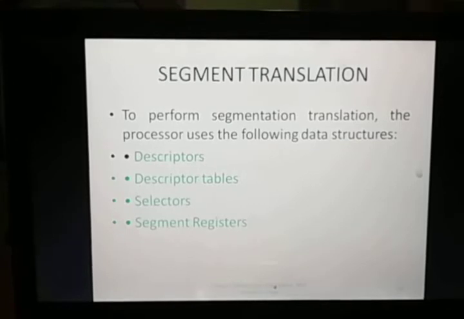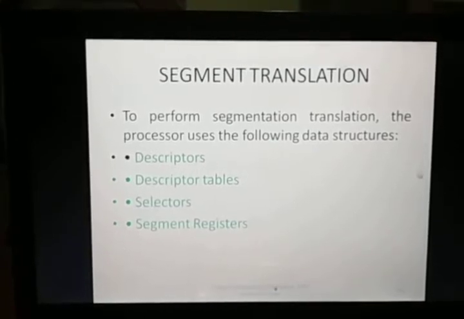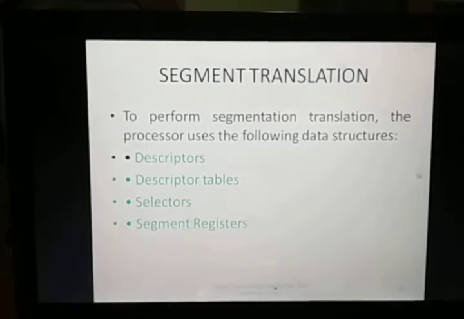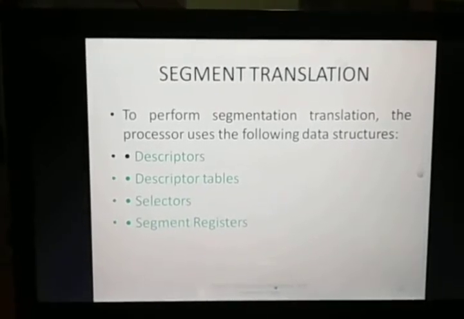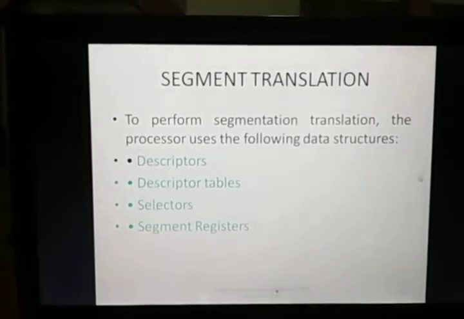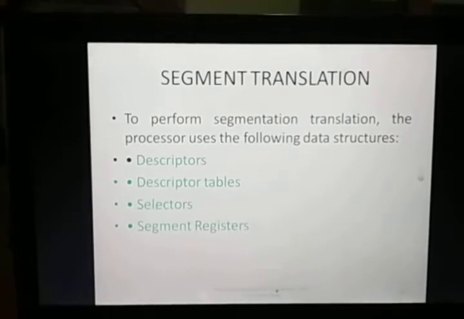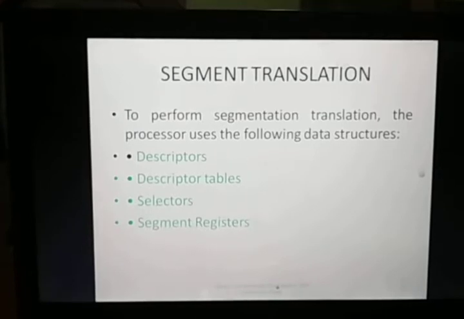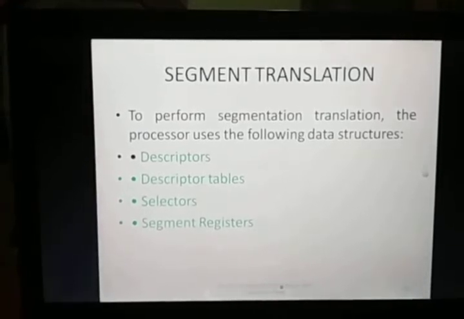Selector field. You have seen the selector field when we divide the logical address into two parts, the selector part and the offset part. This selector field basically contains information related to the requested privilege level, the table indicator, and the index. By using these fields we check the privilege level also, and we have the information about the indexing of the segment descriptor.